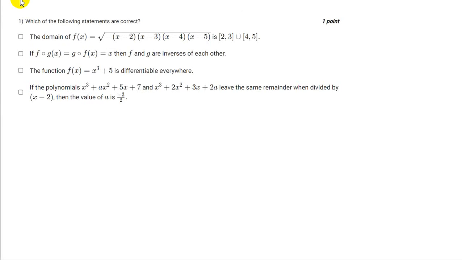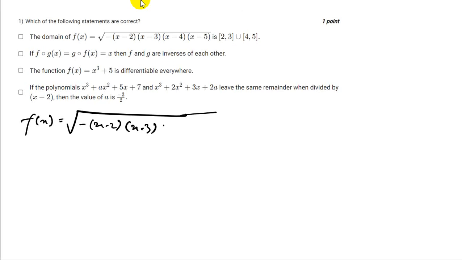Okay, so the domain of the function under root of minus (x minus 2) multiplied by (x minus 3) multiplied by (x minus 4) multiplied by (x minus 5) is in the closed interval [2, 3] union [4, 5]. Okay, so let us write this function here. Minus (x minus 2)(x minus 3)(x minus 4)(x minus 5). Okay, so to make this function defined, we need to see that